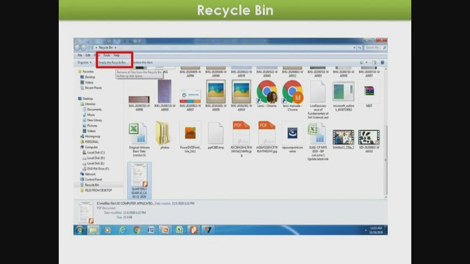Okay students, in this video we discussed how to copy a file or folder from the computer to the removable disk, and also how to delete a file or folder temporarily and permanently, that is, how to move a file or folder to the recycle bin, and finally how to restore a file from the recycle bin. Okay students, we will discuss the remaining concepts in the second video.